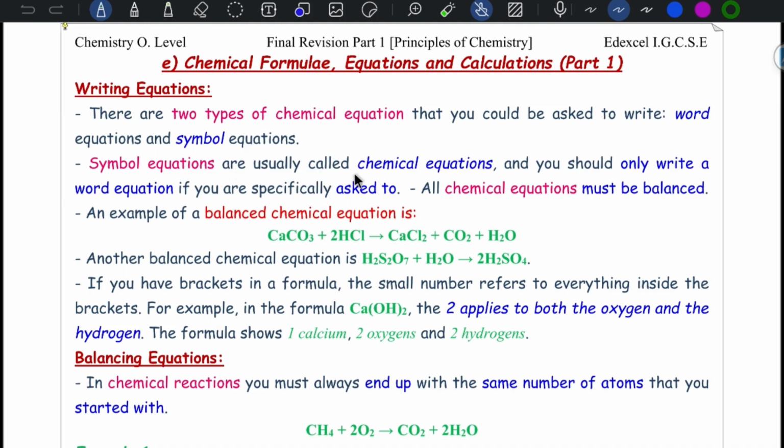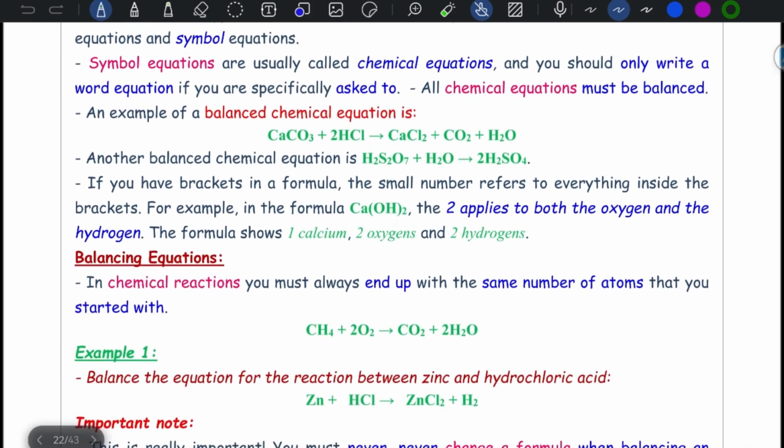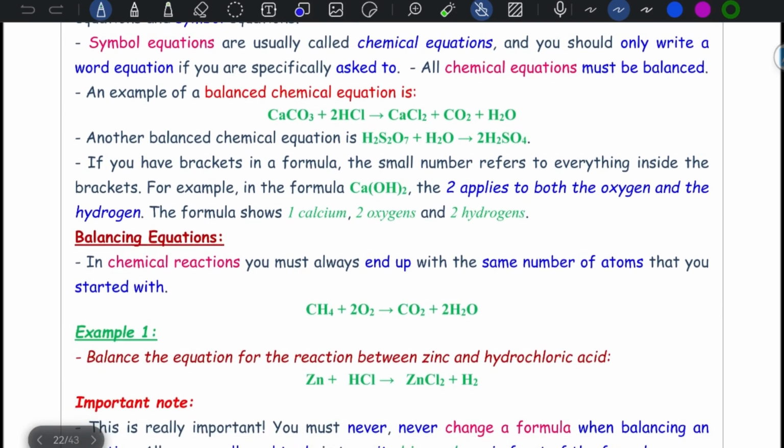A simple equation is usually called a chemical equation, and you should only write a word equation if he asks you to do a word equation. If not, all chemical equations must be balanced and written in simple form, or simple equation. Let's check the first one. An example of a balanced chemical equation: CaCO3 calcium carbonate plus 2HCl gives CaCl2 plus carbon dioxide